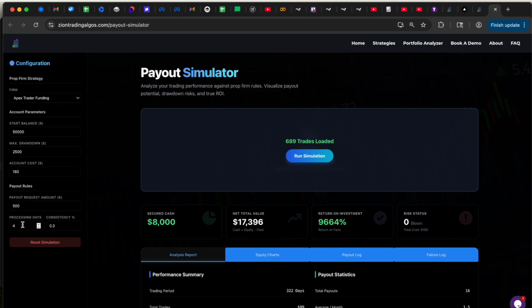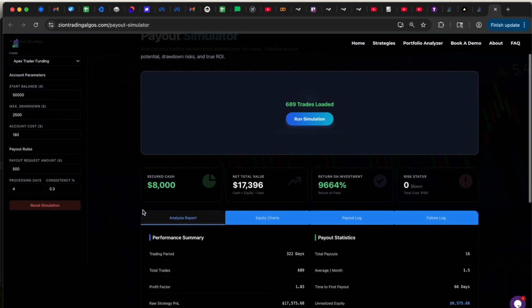And then we have heard reports of folks receiving money in their account after an approved payout in 24 hours. I've heard 48 hours. I've heard 2-3 days. And so to be ultra conservative, we just use 4 days here of processing time, right? So imagine you had all of these inputs and you had your firm selected and you had your trades imported,